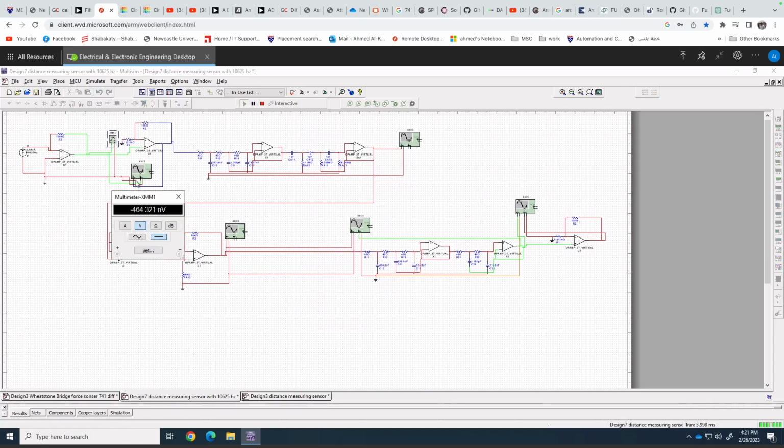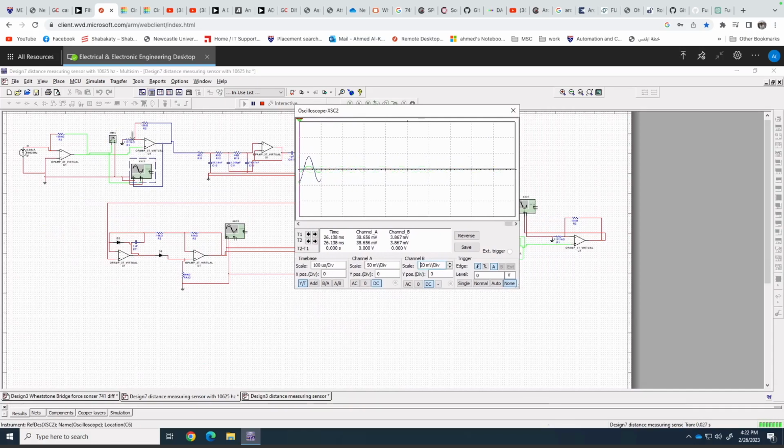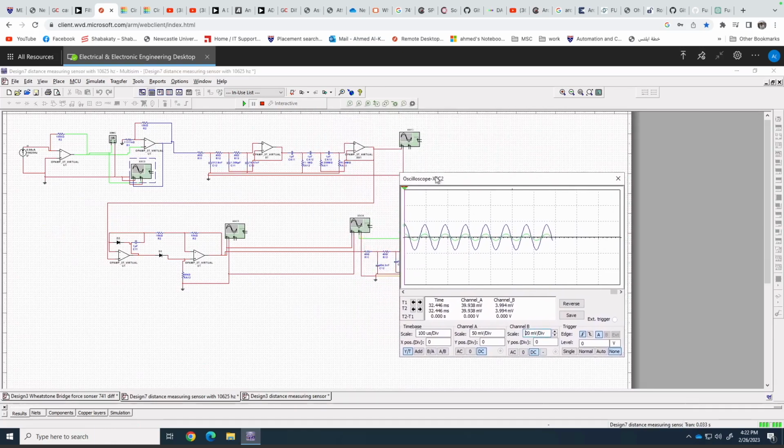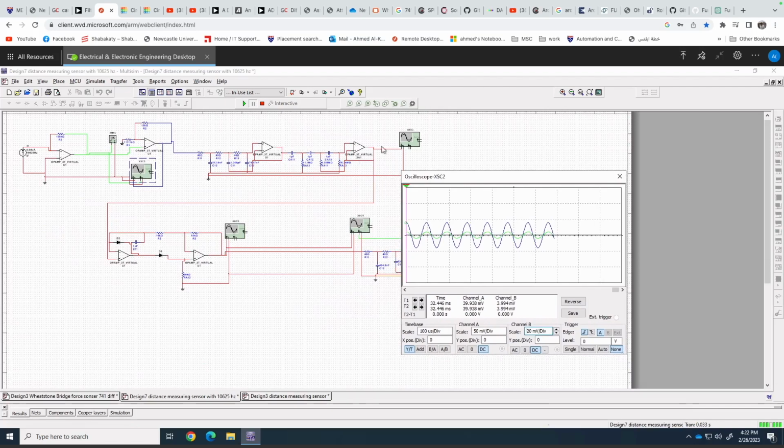As you can see, you get a conversion from current to voltage and amplify this voltage by 10, so you get 10 times the voltage from this channel, as you see, and then pass it to a band pass filter of 10.6 kilohertz, representing my student ID,